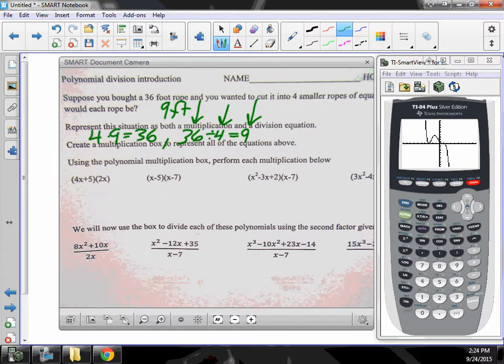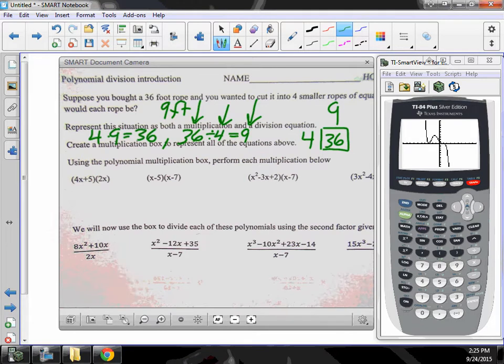I don't know why. Okay, so create a multiplication box to represent all of the equations above. I don't have a lot of room, but our multiplication box is super easy. 4 and 9, times those together, I get 36. What if we started with the answer? Could we use the multiplication box to get,